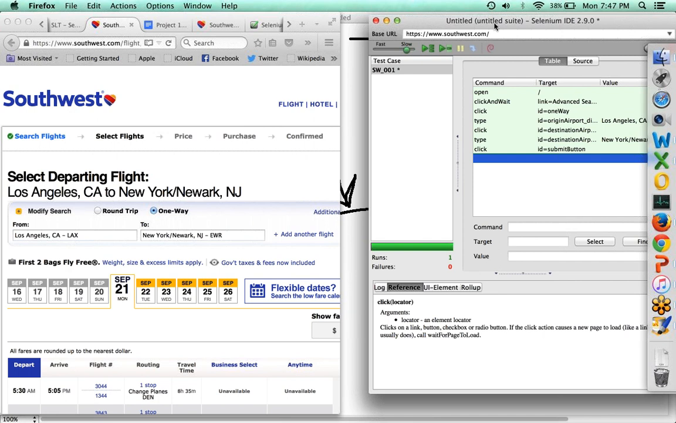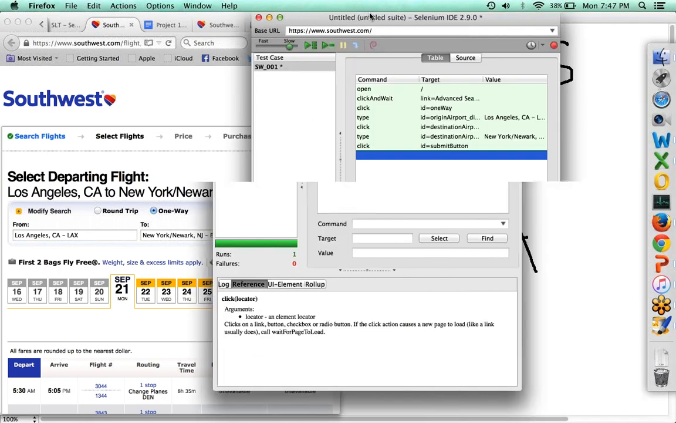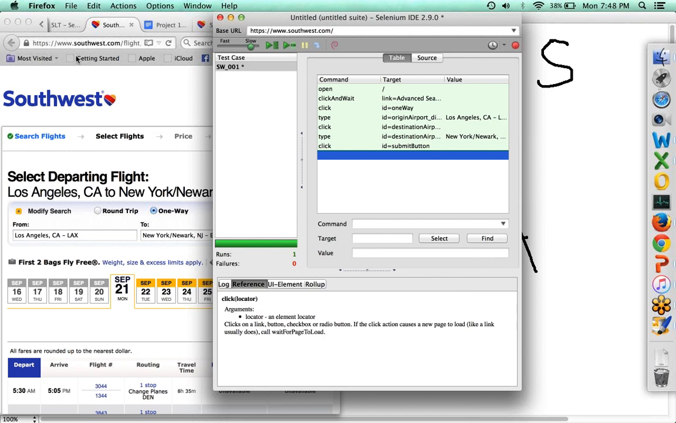This is the simplest form of a record to create a test case. But now let's take a deeper look at what Selenium understood when we did a record. How did it know what to do? Now,